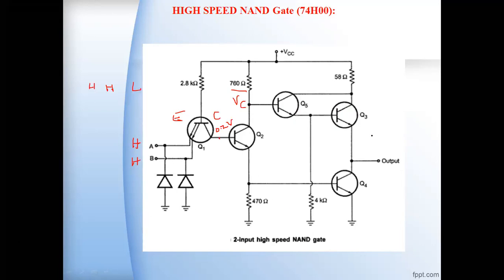When the transistor is driven into the saturation region, at the output, the voltage at the